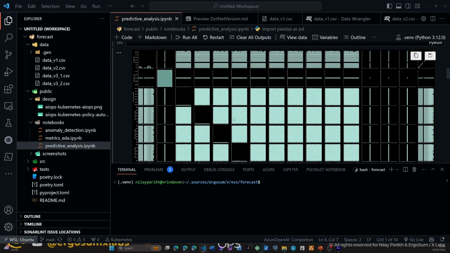Alongside, we are using random forest regressor, which is a machine learning model well known for high accuracy in regression tasks. It's particularly good at handling non-linear relationships in large data sets, making it a very valuable tool for predictive analysis. Of course, the random forest regressor is not the